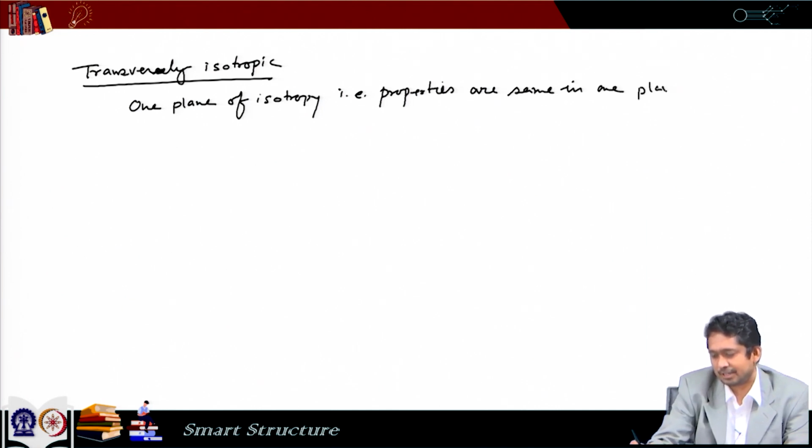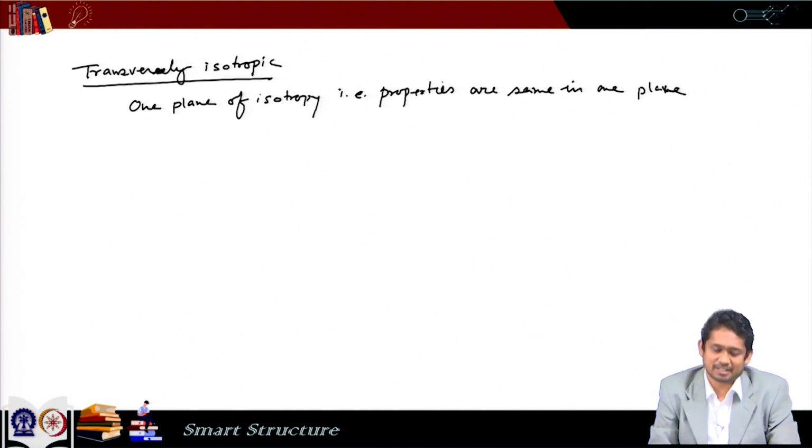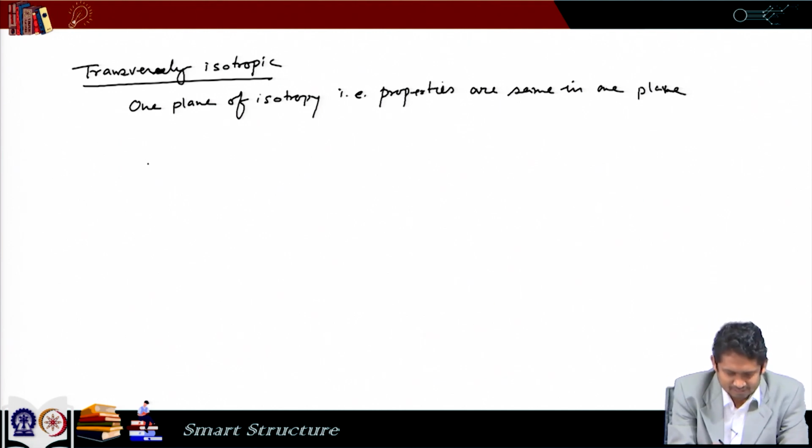So, for example, in case of piezoelectric sheets, we saw that the properties are same in the in plane direction, but in the out of plane direction properties are different. In this case, the C matrix becomes